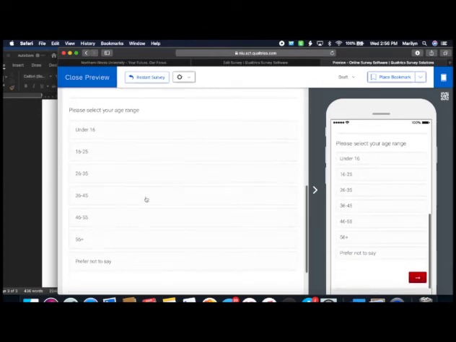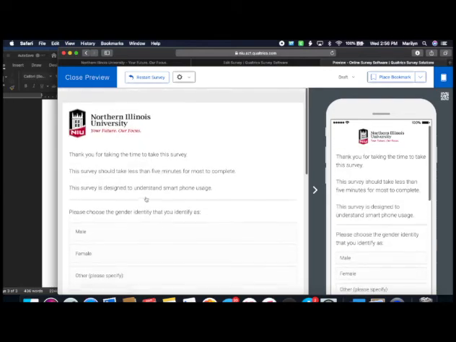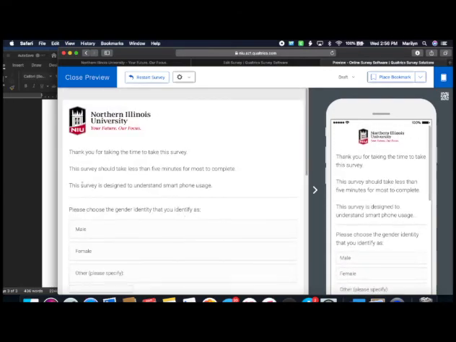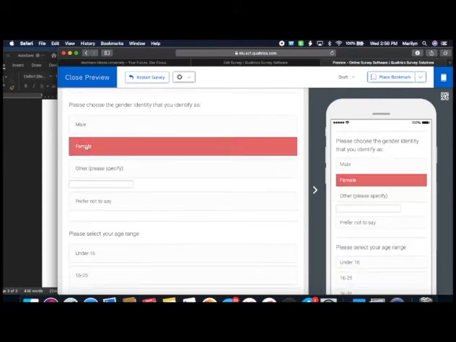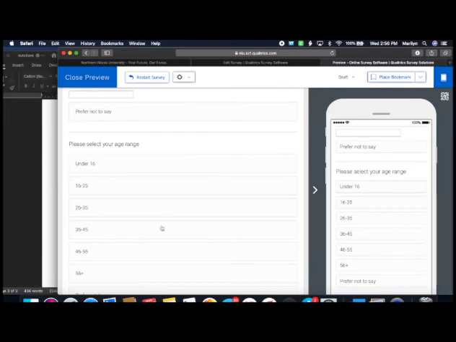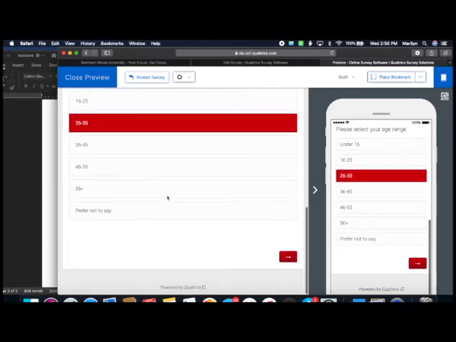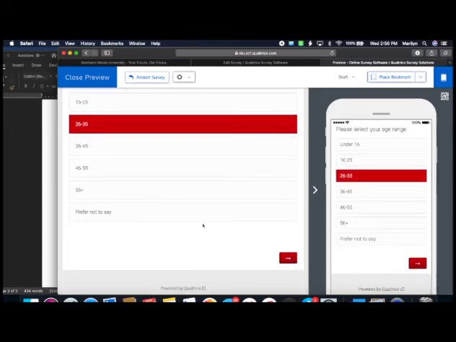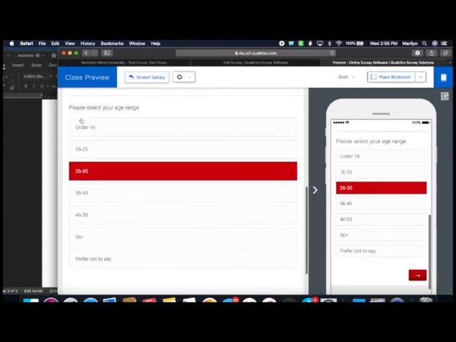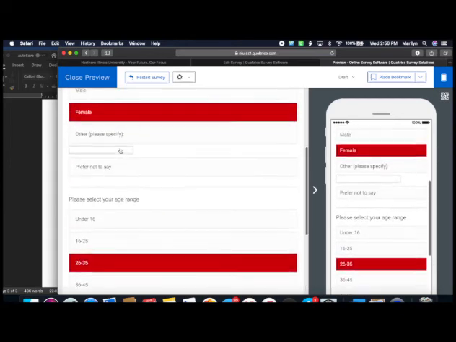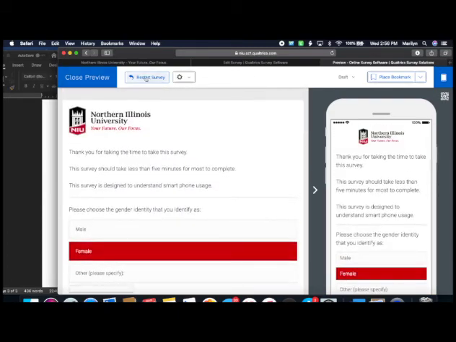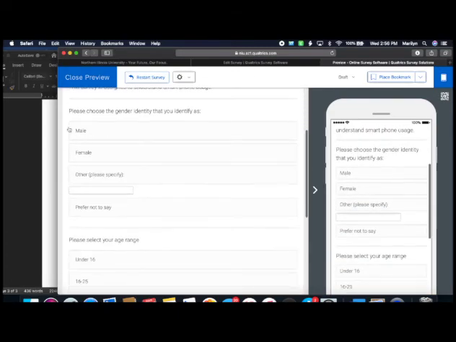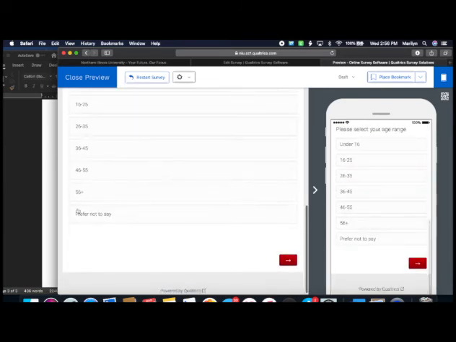Obviously, it'd be a little longer if I had taken the time to input every single one of the questions. So I'm going to just go through and do the sample stuff here. I'm going to say, what are you, female? Please select your age group, 26 to 35, etc. So I'm going to pretend like I answered all those questions. No, actually, I'm going to unselect this. Or actually, I don't think it's going to let me. Actually, let me restart. So let's say I say female, and I don't answer this question,